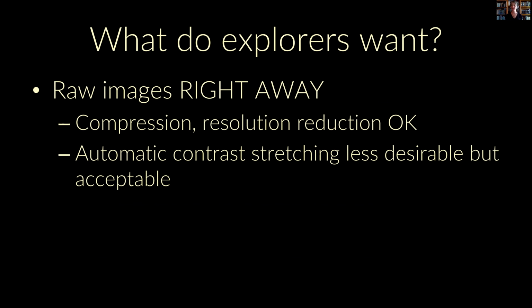Automatic contrast stretching is something that needs to be done, because most of these cameras are like 12 or 16-bit, and the images as generated are often very dark that way, so they have to be stretched. But some of the automated contrast stretches that have been applied to these data sets are not very good for mosaicing the data, because they produce too obvious seams, and it can be hard to color match between tiles in a mosaic. But the community is resourceful and they can work around it.